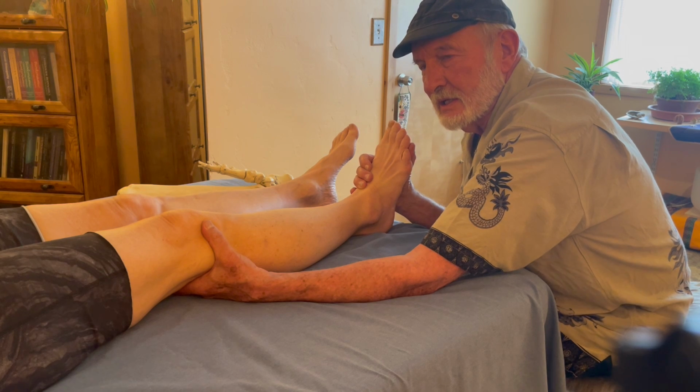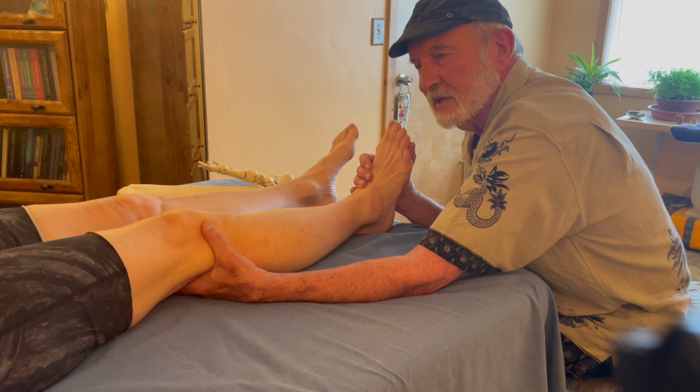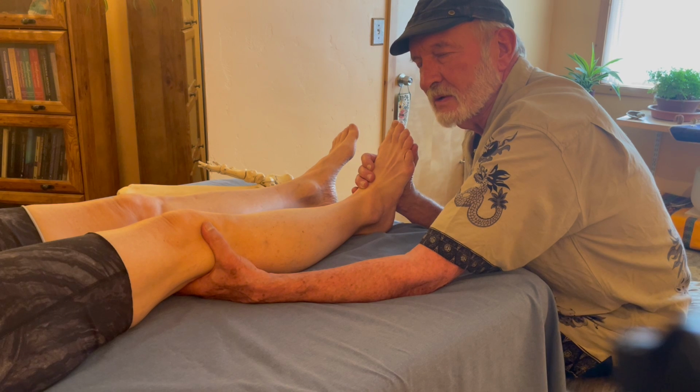And now I check medial and lateral with her foot, and it's way more solid than it was. Like there's a little bit of a soft barrier if I take her lower leg medially, and I'll come off of that, between that and the hard barrier, find another place of ease. Okay, now her knee's rotating laterally,